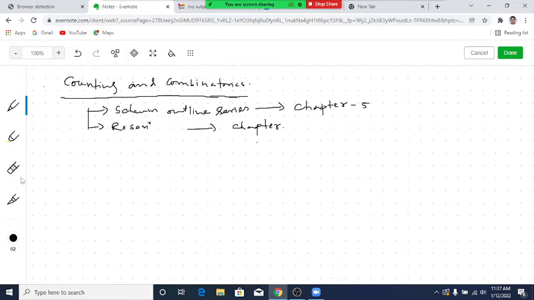So actually, those who are from mathematics background or any other background, those who have completed class 12, you have studied permutation and combination in class 11, I guess. So here we'll discuss the permutation and combination in perspective of counting. Permutation and combination is nothing but how we can rearrange certain numbers to find out the total number of possibilities. So for example,